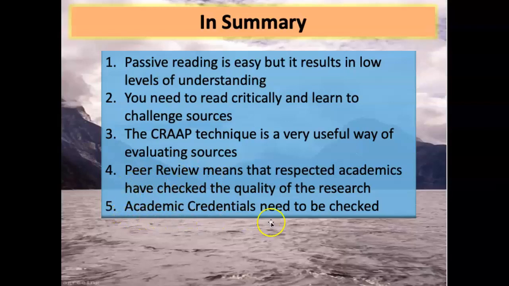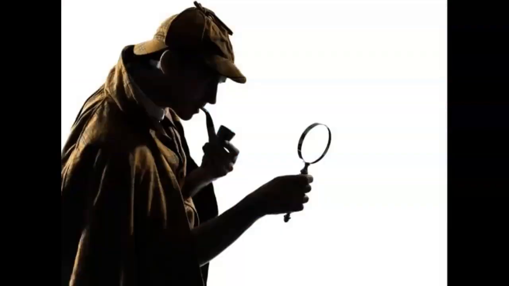And then towards the end, I try to show you that most researchers should have a biography on ResearchGate. And failing that, you can Google them and find out everything that you can about them. This is a sign of being a detective. And academia and good, active, critical reading is about being a detective.